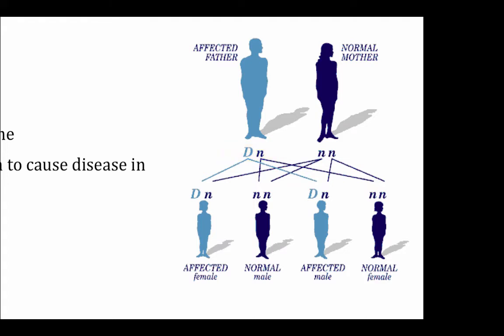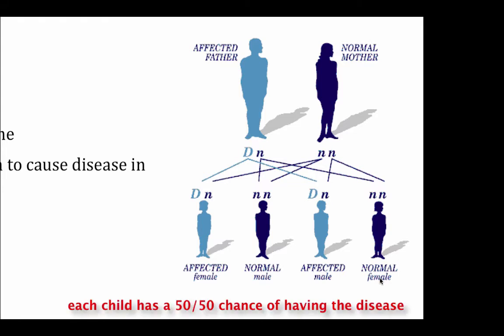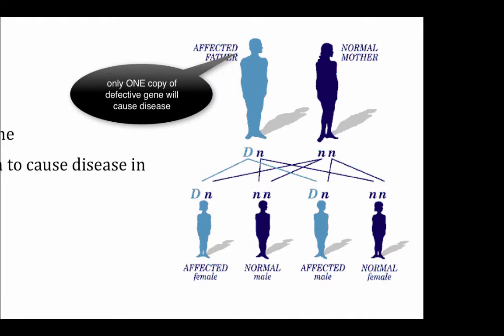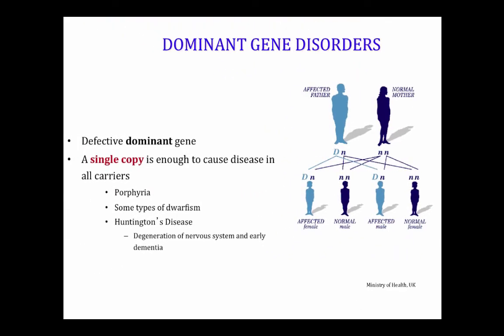The father is affected. These are the 4 possible combinations: an affected female, a normal male, an affected male, and a normal female. So when it comes to dominant gene disorders, each child has a 50-50 chance of inheriting the disorder. Again, in a dominant gene disorder, you only need 1 copy of the gene to cause the disease. Examples include porphyria, which is a blood disorder,